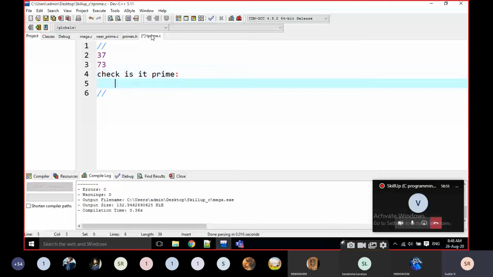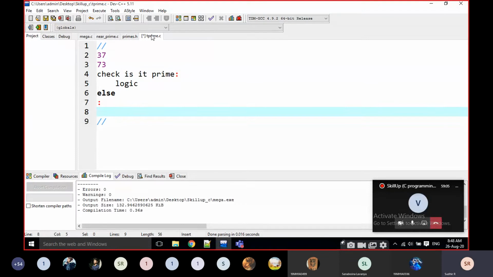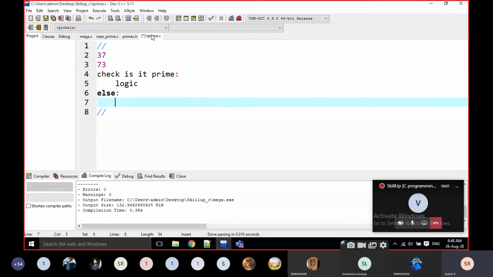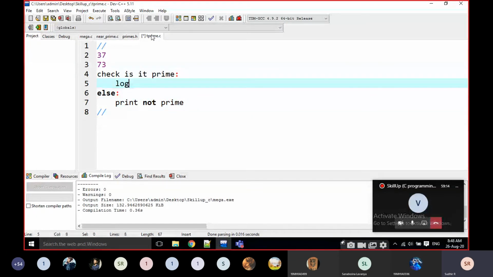Is it prime? Then only we have to write the logic here. Else, print not prime. What is the logic here?